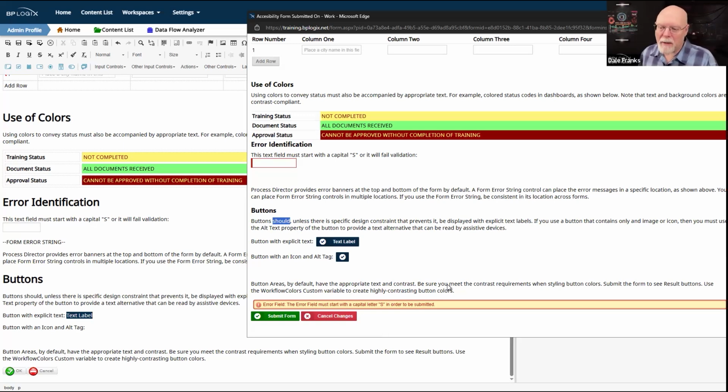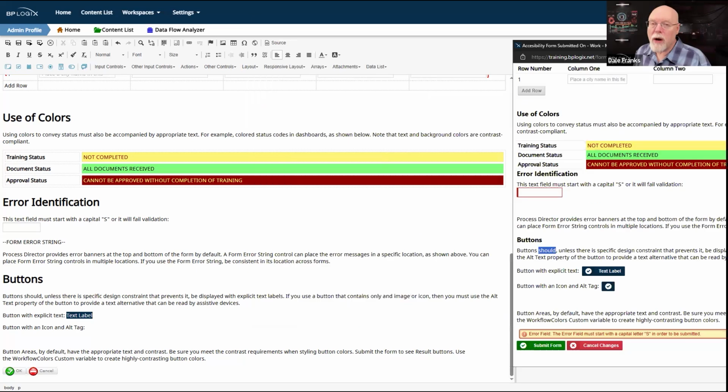It simply may not be possible within the constraints of your form's design and the width of the viewport that the users are using. It may not be possible to always ensure that you have an explicit text label on the button. So while buttons should have a text label, that gets really, really space heavy if I need to do navigation buttons. I have an up, a down, a left, a right, an X for delete.